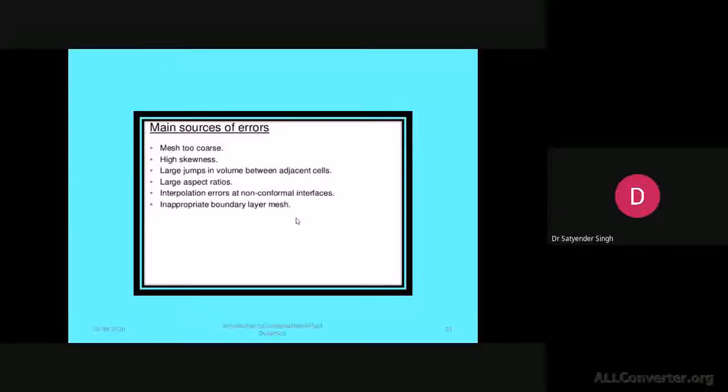So there will be some errors in the solution. If the mesh is too coarse, then high skewness will be there, and a large aspect ratio will be there. Large jumps in volume between adjacent cells mean a lack of smoothness; there must be smoothness. The change from the earlier grid size to the next grid size should be less than 20%. Or an inappropriate boundary layer mesh. Or if the mesh is non-conformal, then that will also be a source of error in the